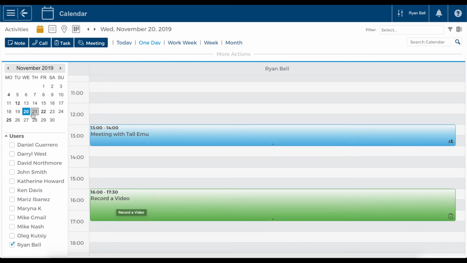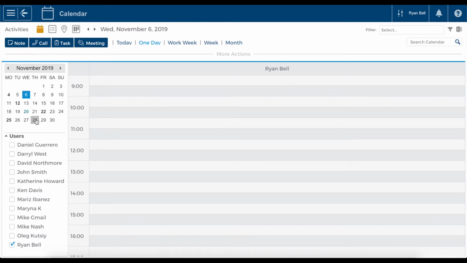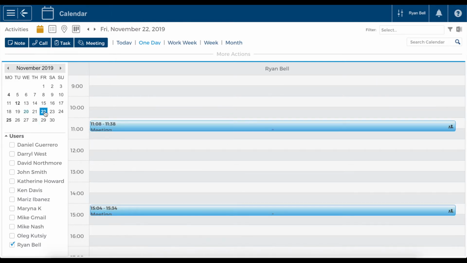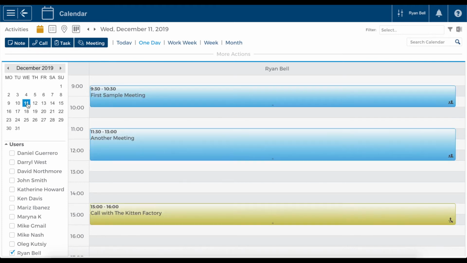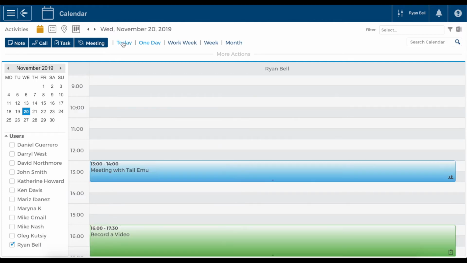Now, if we want to change the day in view, head up to this little calendar here and click on the desired day. You can switch between the months by clicking these little arrows up the top. So, for example, let's jump to the 11th of December. We can see I've got a couple of meetings planned and I need to call a client at 3 PM. If we ever want to jump back to the current day, just hit this Today button in the top row